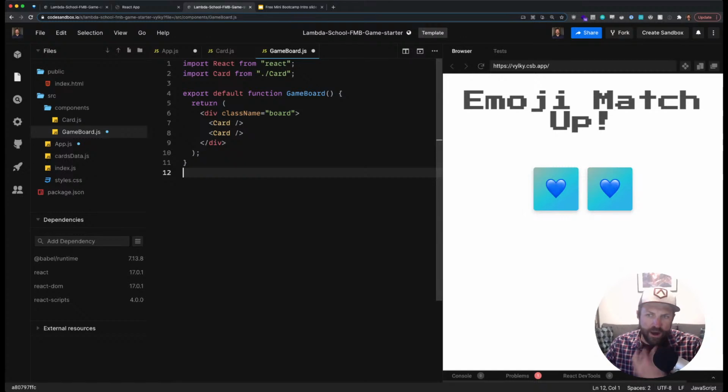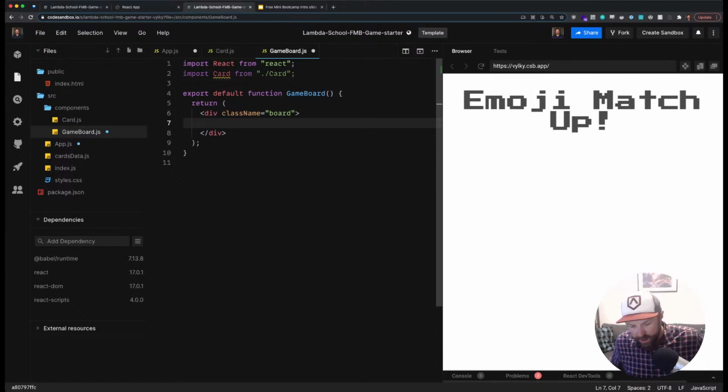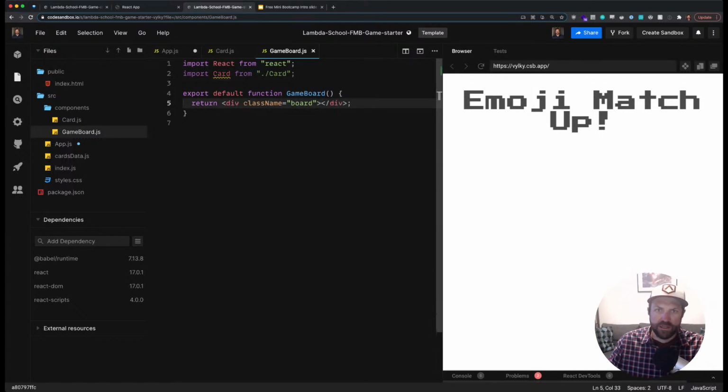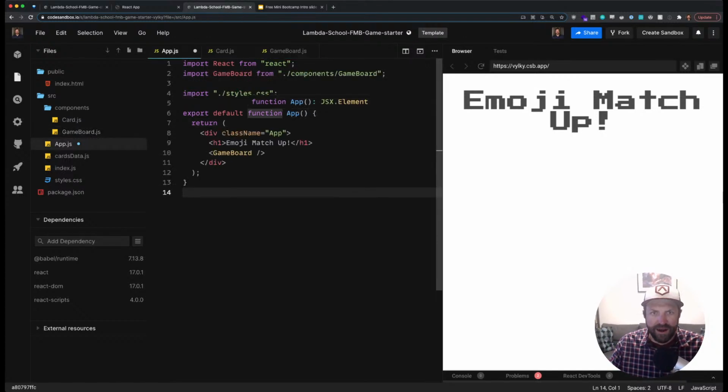So now we don't want generic cards in here. We want the actual cards in our cards data. All right. I'm going to delete those cards for now, and I'm going to import those cards. And where I'm going to import those cards is going to be our top level in our app. This is an architecture choice, okay? We have to understand